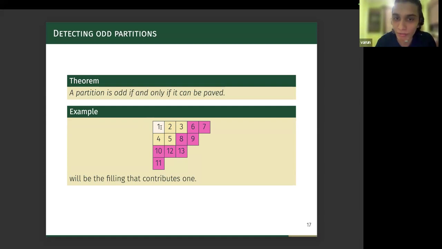Now, we have 1, 2, great. Now 1, 2 is a domino, right? 3, 4 is not a domino. So technically, we can get a new partition by just switching 3 and 4. And when we continue on, eventually we'll still get a standard filling, right? The problem is that